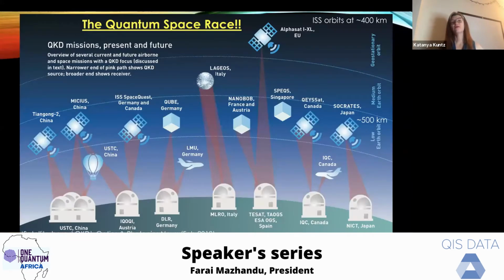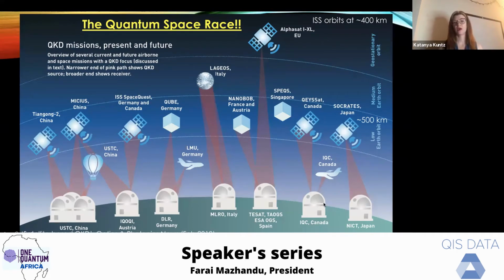So there's a lot of countries. This is just a very brief snapshot, and it's even from 3 years ago, so this is already out of date, about how many different countries there are launching satellites, getting involved, creating ground stations. It's literally the quantum space race right now. And so you can see in this part of the picture here that IQC, where I work, Institute for Quantum Computing, we've done two. There's the current mission, the Keysight mission, which will be launching in less than 2 years. And then the first mission we did as a demonstration mission involved a plane.